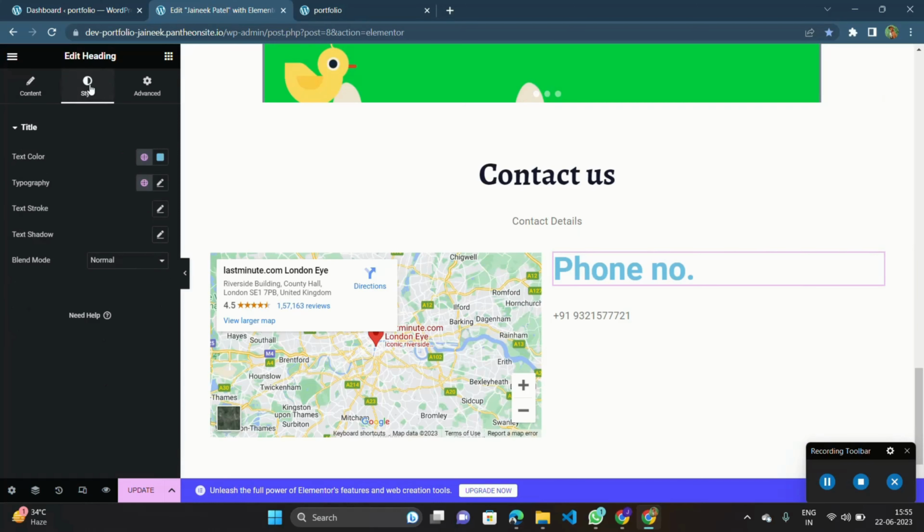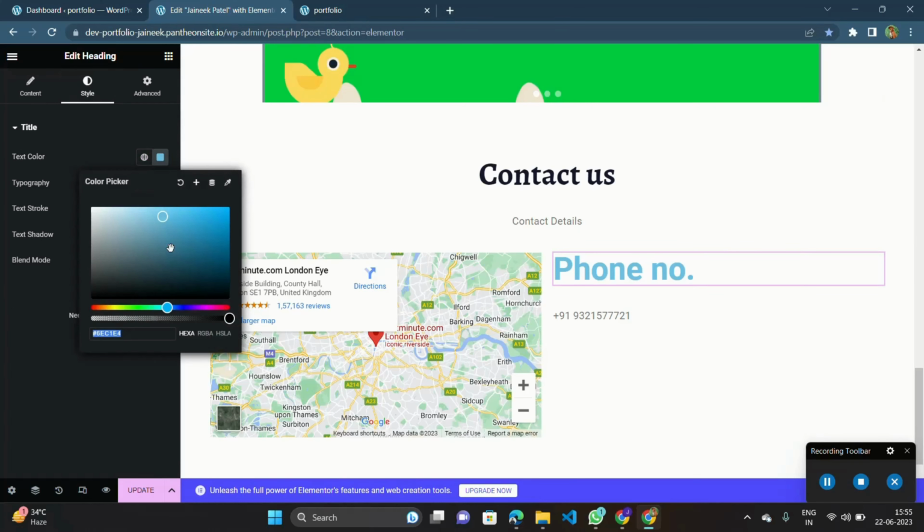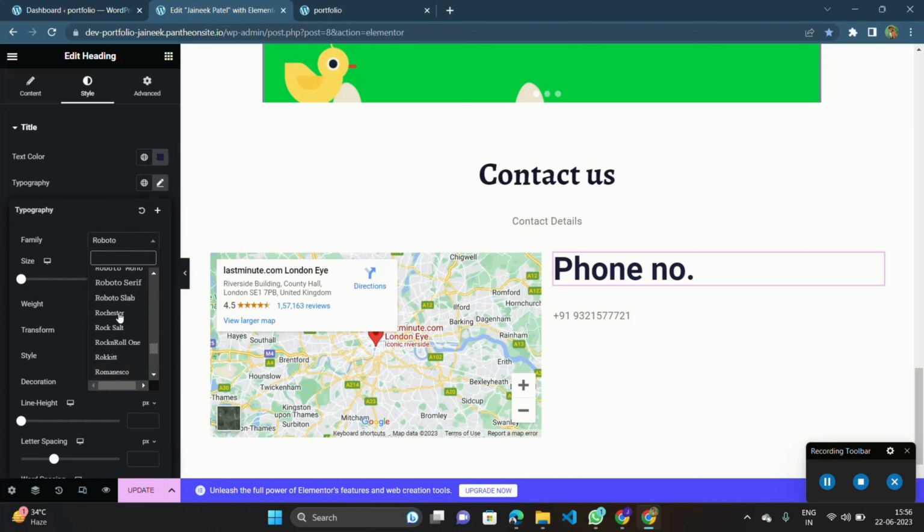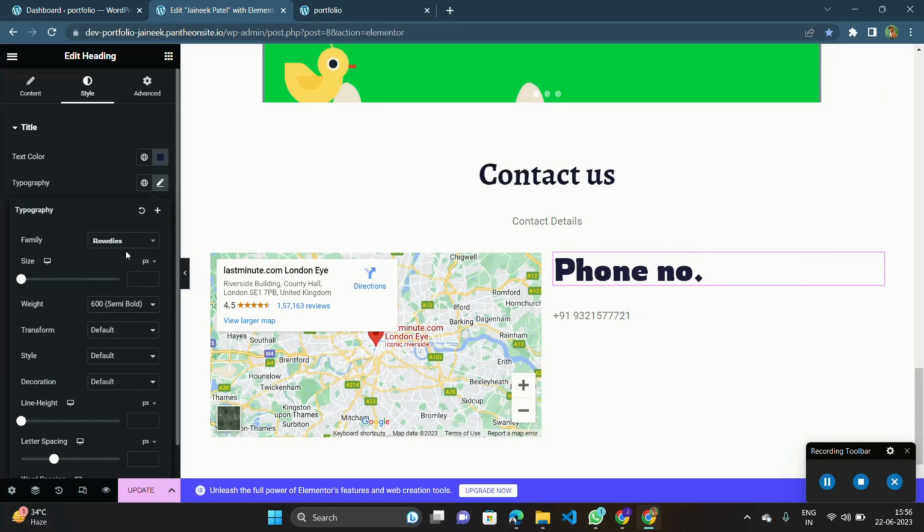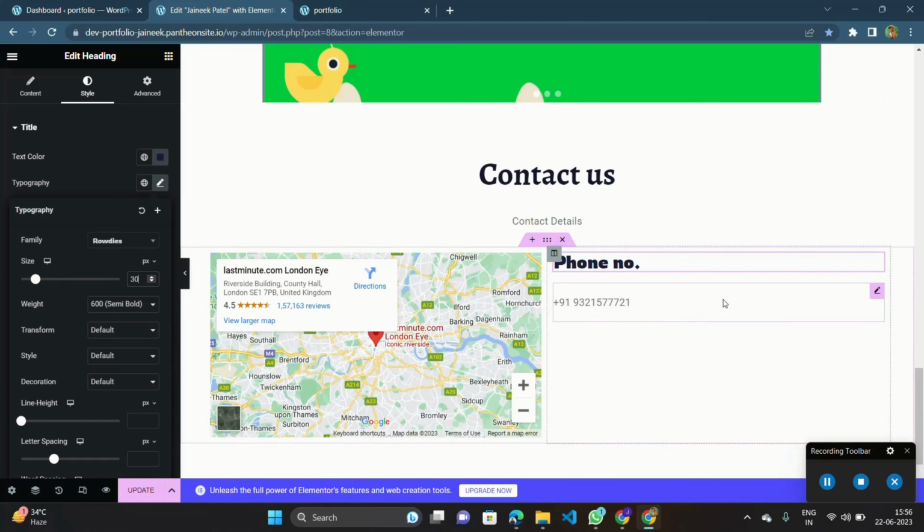So what we'll do, we'll change the color of this text to some dark type, and after that we will change the typography, its font family, and change its size to 25, or it should be 30. 30 was the better option. And after that, we will click on